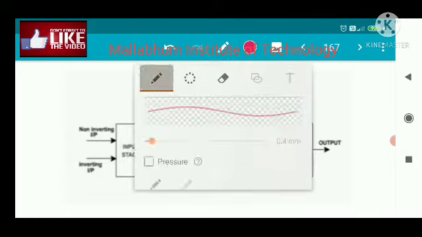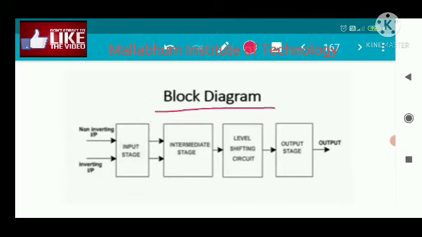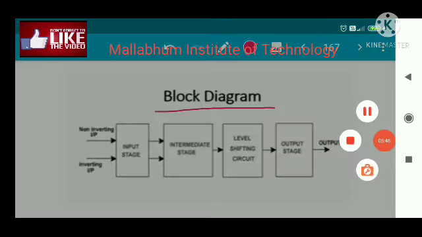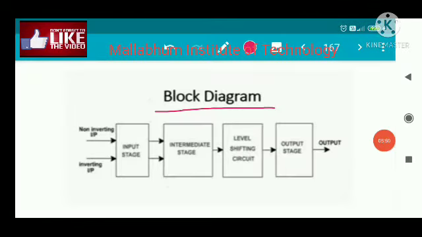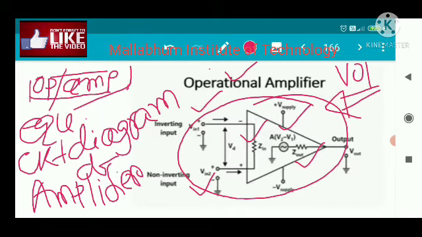Okay, so in the input stage, as I initially said, inside the operational amplifier there are millions and billions of transistors residing inside the chip. This is not the actual circuit diagram, this is the equivalent circuit diagram representation of the op amp. Whenever we try to understand the operational amplifier in light of an amplifier model, we must understand this model. This is a model, not the diagram.